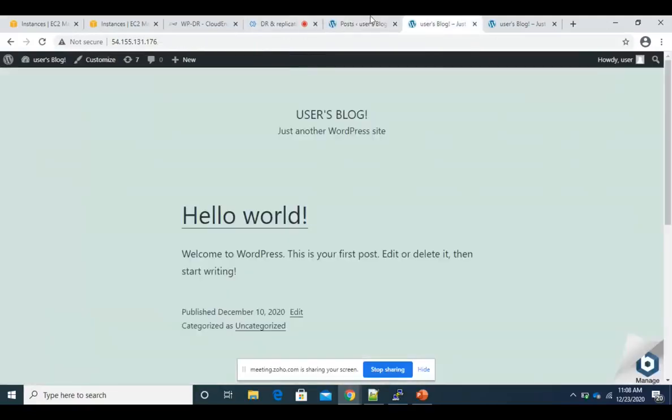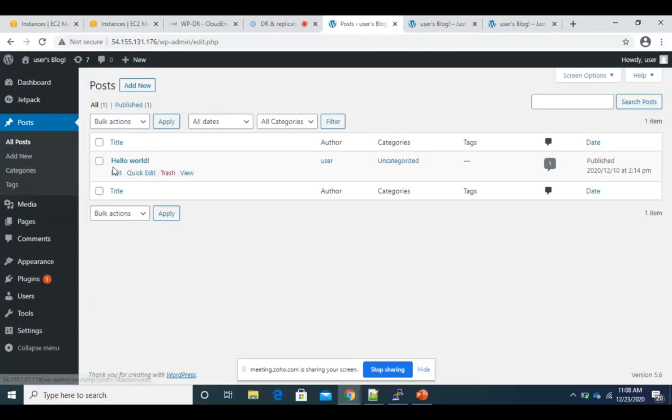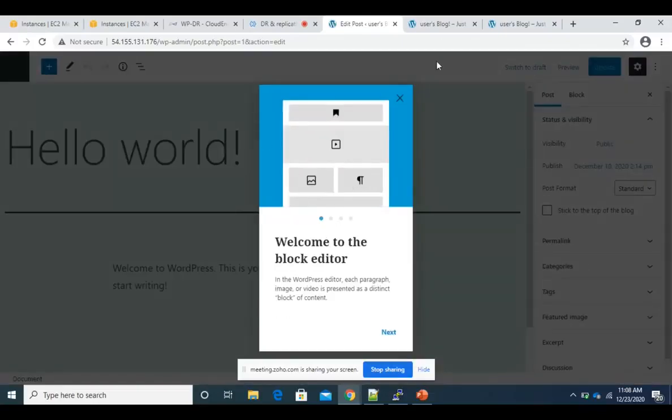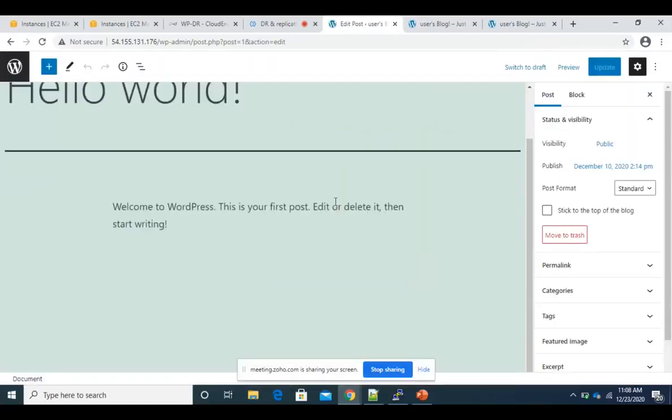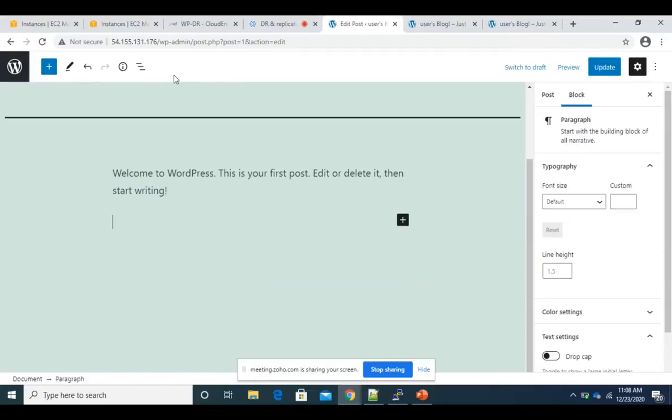I believe this is a user post, right? Hello world post. Okay. Now I want to quickly show you how real-time replication works, and how the changes will be captured in the disaster recovery site. So it says, hello WordPress. I'm making a change in my production site. This is the Ireland server. So if you remember, our production runs in Ireland. So I'm making a change here.